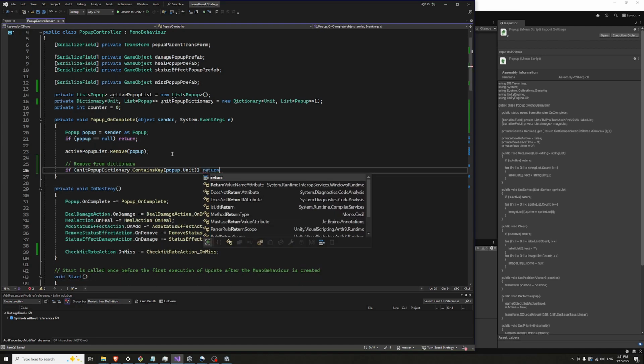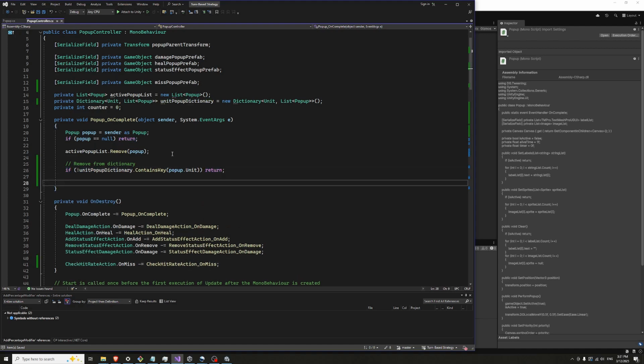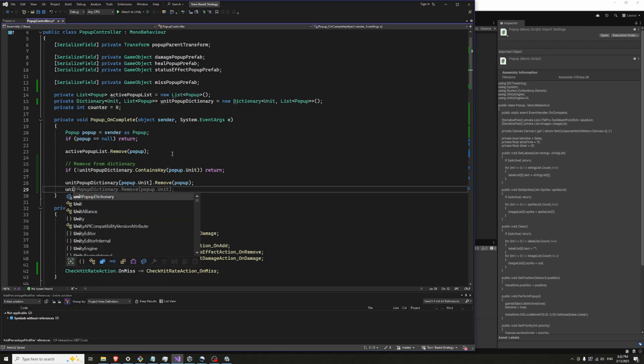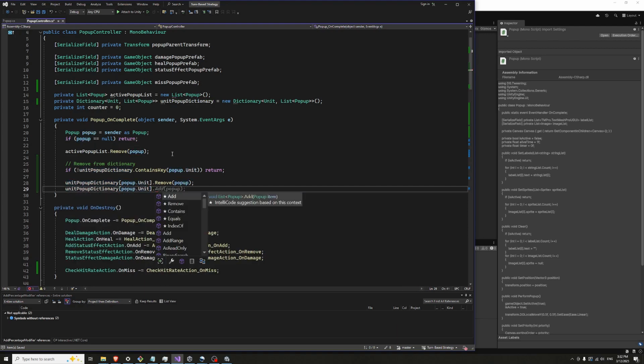If it doesn't, we'll return early as always. If it doesn't contain the key, return early. But if it does, popup.unit dot remove popup, and then we will play or perform the first